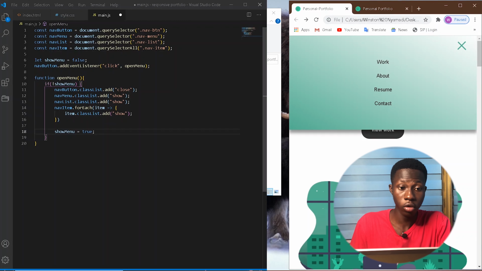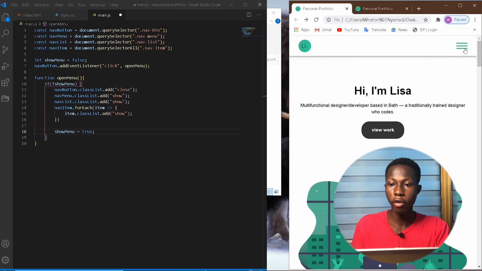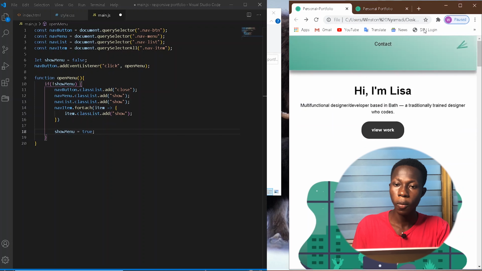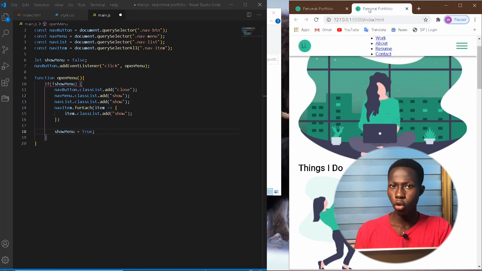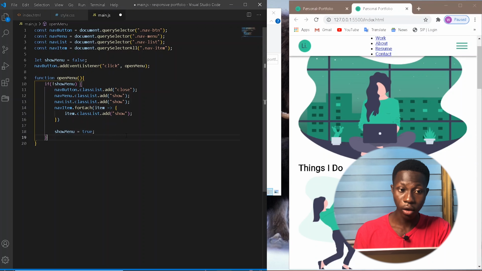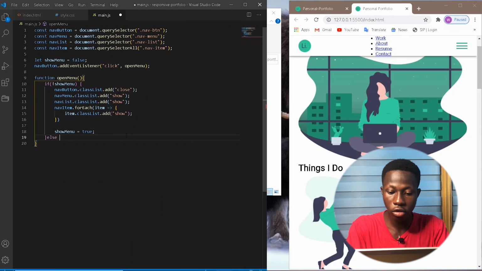So showMenu should be what? True. First it was false, because we've not clicked, so it was false. But now we've clicked it, that becomes what? True. Guys, I know this is a bit confusing, but don't worry. With time, you're going to understand it. That's how this thing works. You just have to follow, and I'm here for you. But I want to say else,